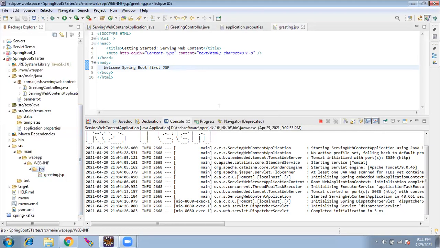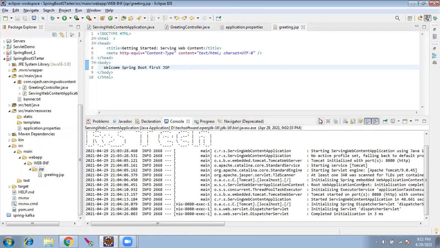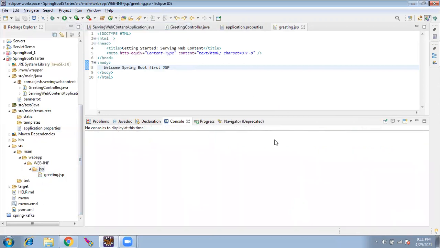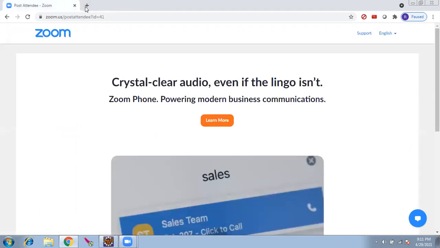Okay, why is this not working? Maybe it is the complete installation, the Spring Boot starter. No, it is taking from cache.